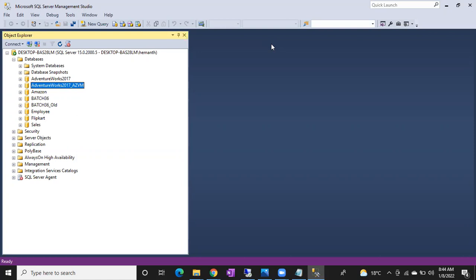You can take the backups to the shared location and you can restore the backups from the shared location. But the challenge is that a shared location means it's a network path. Network paths are always slow in the organization. So it will take time to restore if you're restoring a database from a shared location.